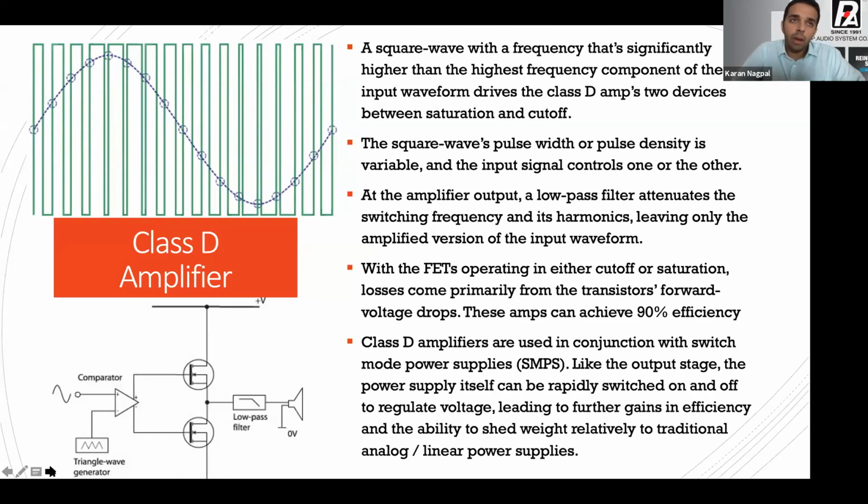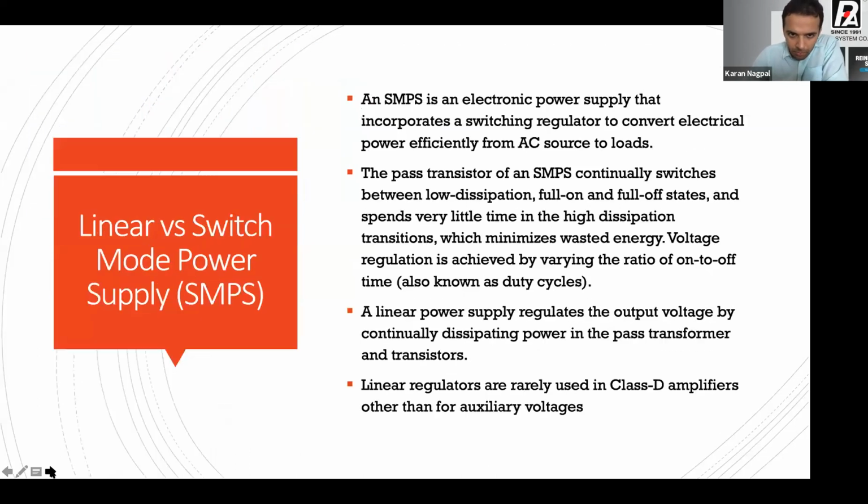And again, power supply, the main weight of the amplifier is from the transformer. So अगर हम पावर सप्लाई को ट्रांसफार्मर निकाल के एक डिजिटल पावर सप्लाई डालेंगे जो एक स्विच मोड पावर सप्लाई है, उसमें वेट काफ़ी कम हो जाता है। तो हीट सिंक कम करने के बाद और ट्रांसफार्मर कम करने के बाद वेट काफ़ी कम हो जाता है। इसकी वजह से दैट्स व्हाई यू हैव क्लास D amplifiers with SMPS power supplies quite low in weight.